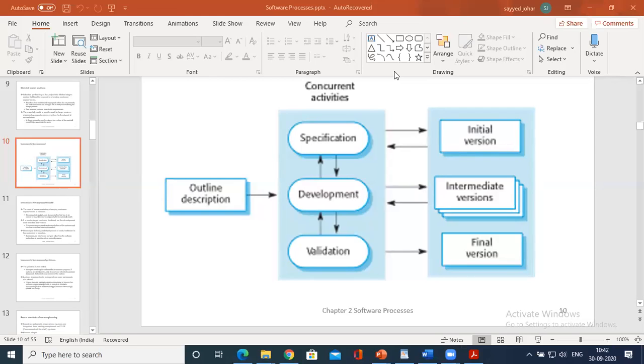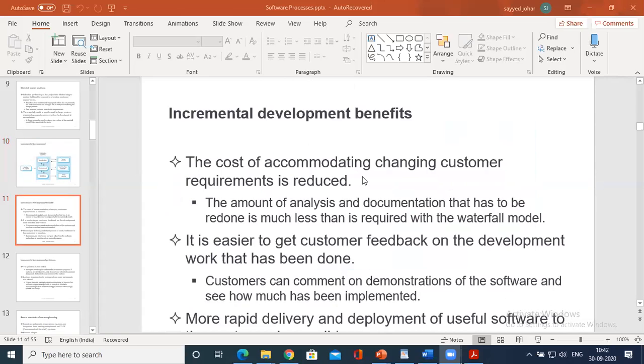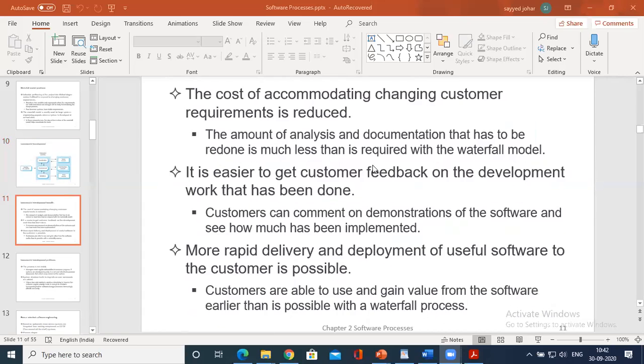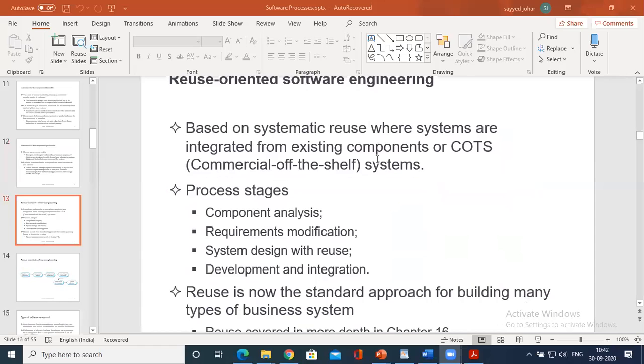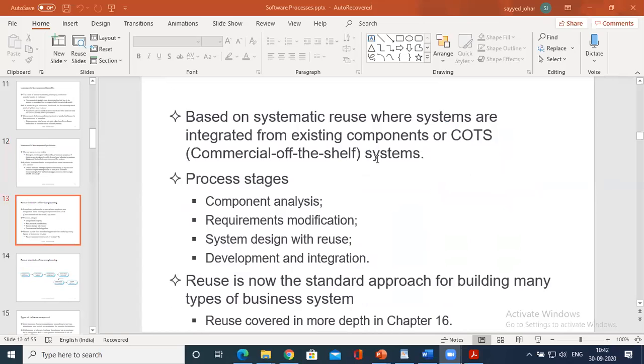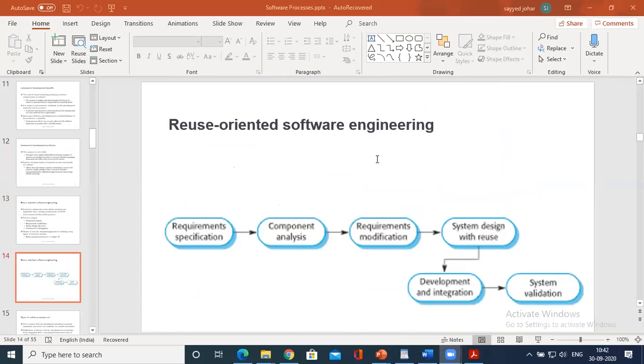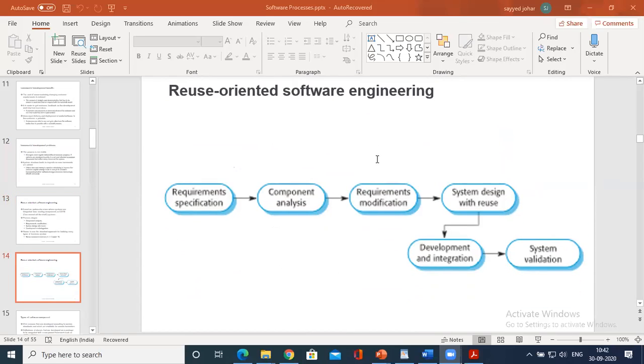One more concept we have is reuse oriented software engineering. What is reuse oriented software engineering?